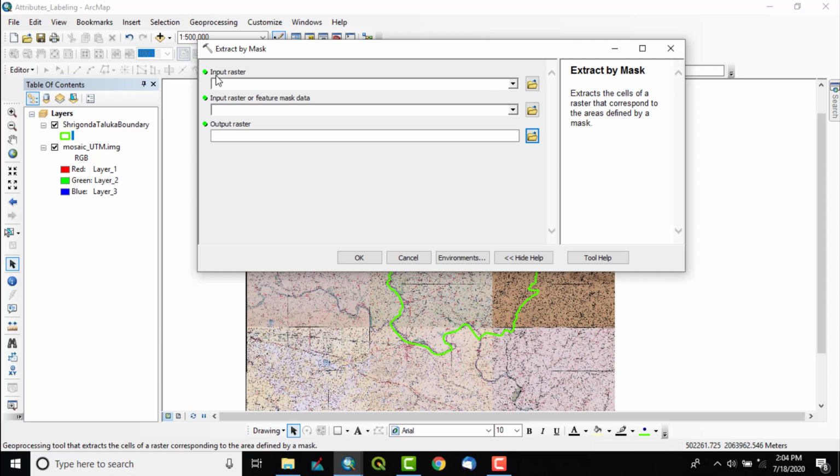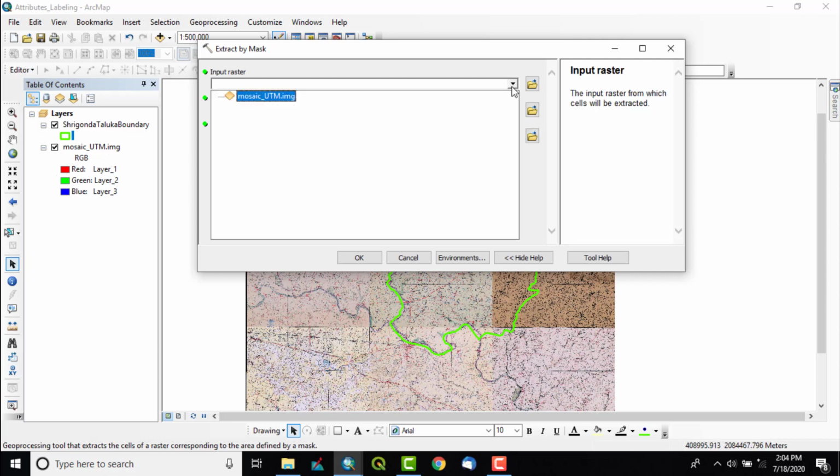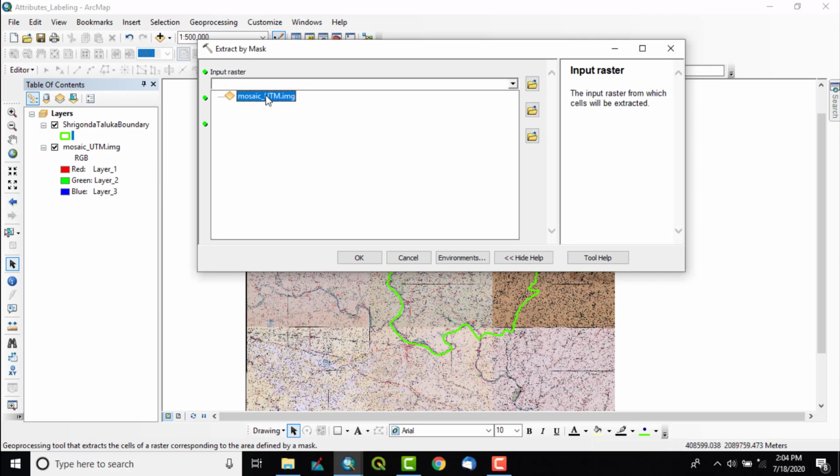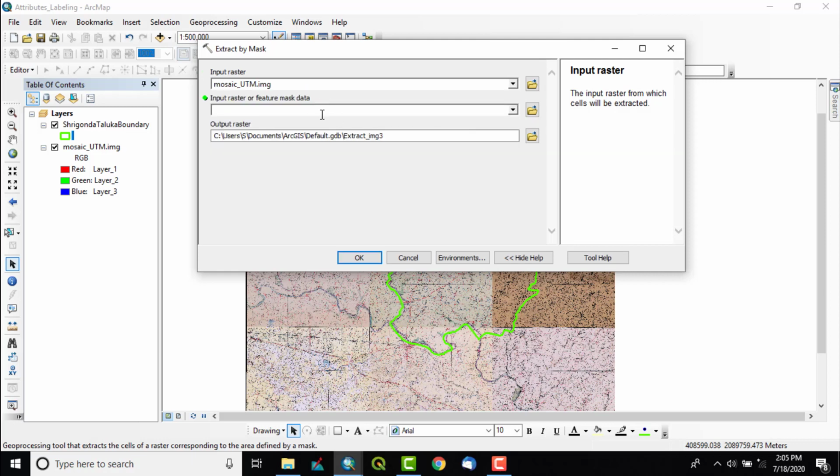So here it is. First option is to input raster. So raster is our topo sheet here, mosaic_UTM. So click on this drop down arrow and simply input our topo sheet raster file. And input raster or feature mask data means we can input both raster as well as the vector data from here.